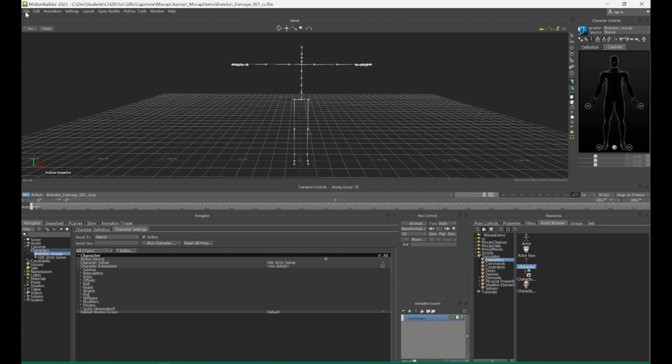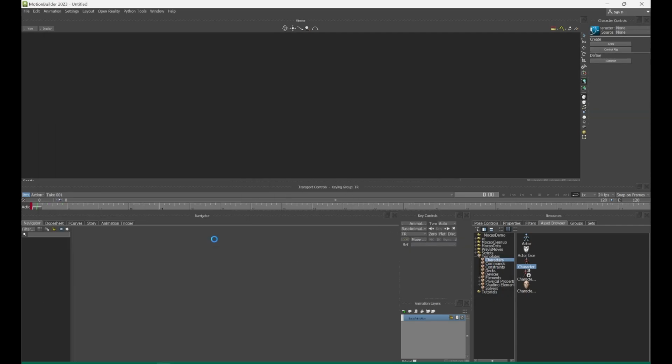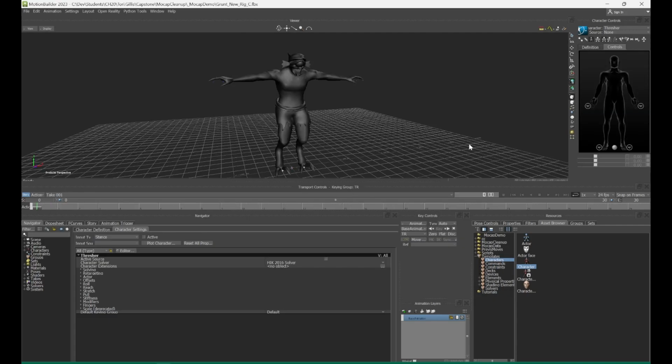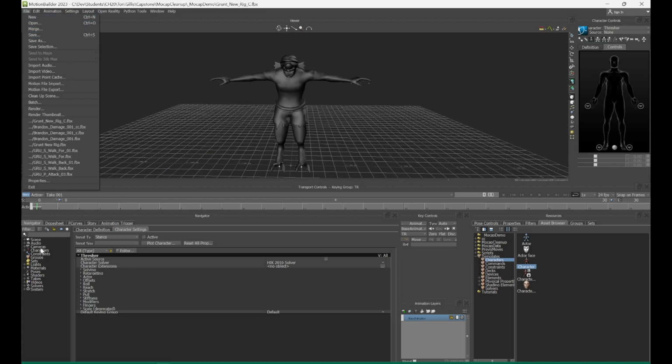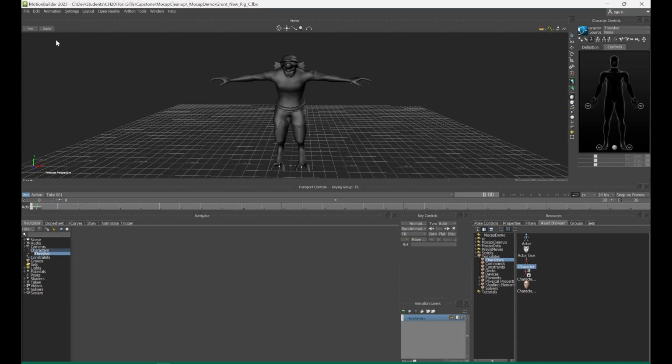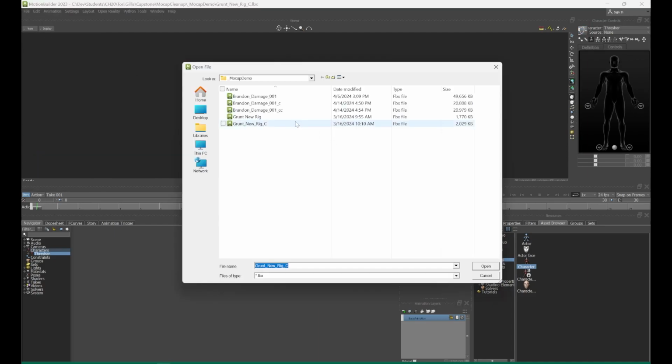So what we're going to do right now is open up the rig file. Some people have said it doesn't really matter which one they open up first and then merge the other one into, but I found that I get buggy in Motion Builder if I don't open the rig and then bring the characterized file in. So this guy is an already characterized rig file, and see, I've got his character, he's a thresher. So what we're going to do is merge